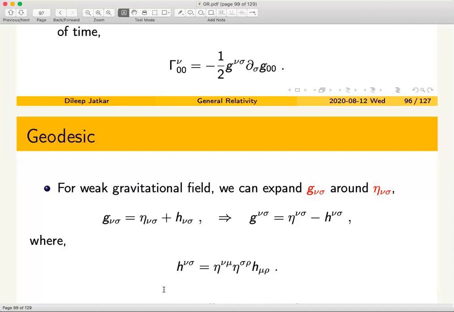So this is a way of writing upstairs indices using the Minkowski metric to raise and lower indices. It works only when you are working in a weak gravitational field. By that I mean that if h nu sigma is small compared to eta nu sigma, then indices are raised and lowered by the quote unquote background metric, and the fluctuation, which is what you would want to call h nu sigma, those components do not play any role in raising and lowering indices. This is perfectly okay when one does perturbation theory.